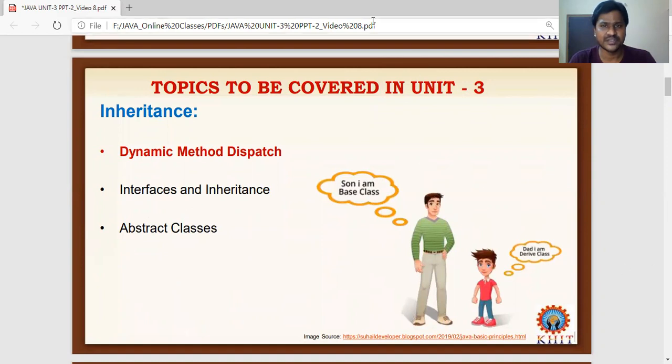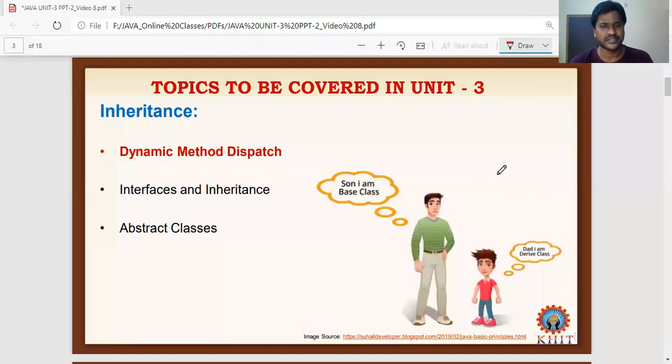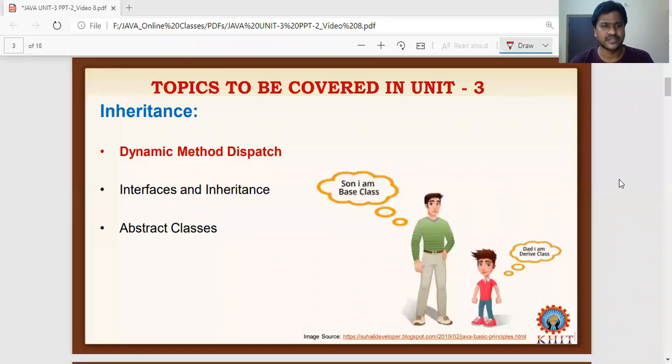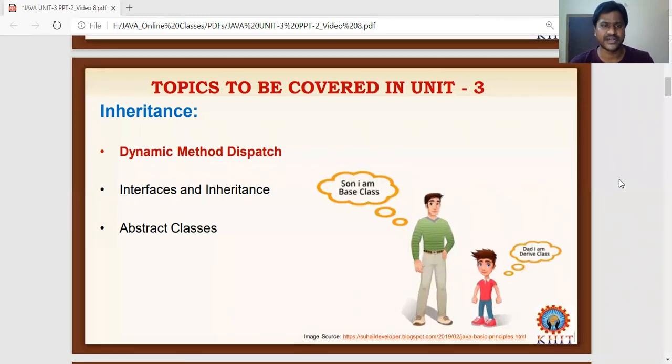This concept is related to the method overriding discussed in the previous video.